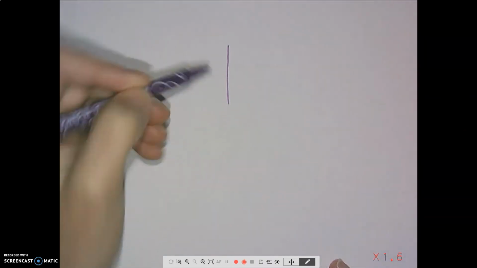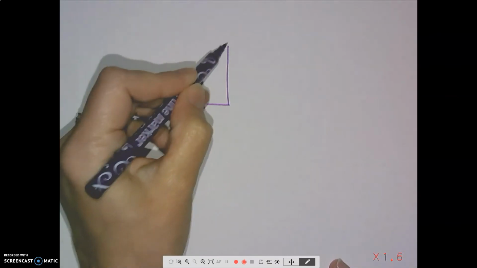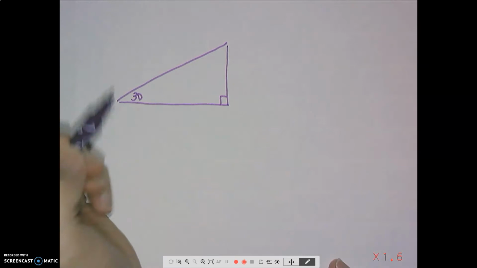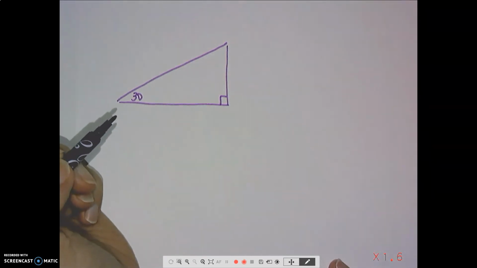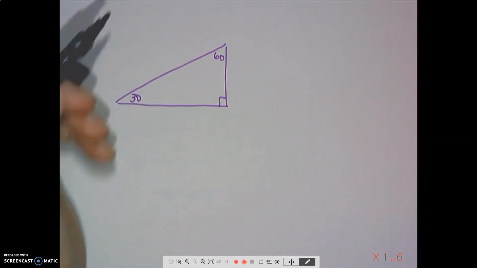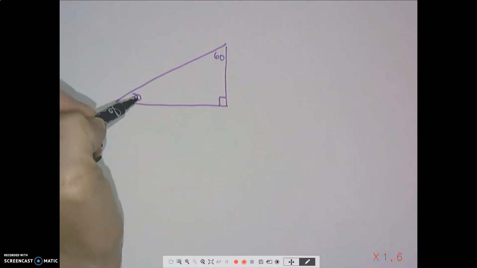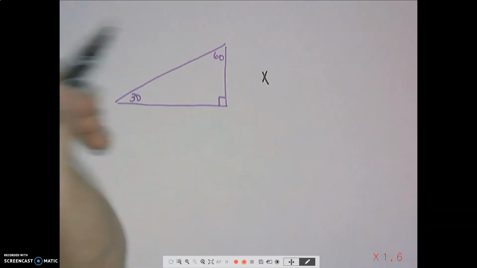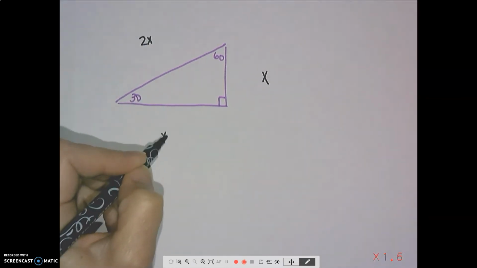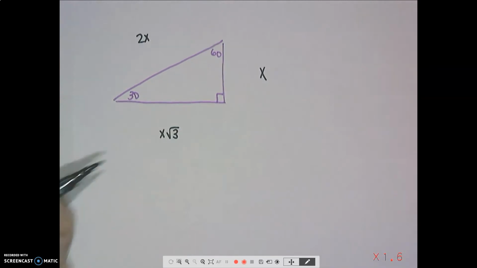And in order to do that, I'm actually going to draw in a bigger triangle for us to focus on. Okay, so we know that that's 30 degrees. We're dropping down a perpendicular to make a 30, 60, 90 triangle, which we've also seen in the past. So we have to remember what our rule is for 30, 60, 90. So the side across from the 30-degree angle is x. The hypotenuse is 2 times x, and then the longer leg, or the leg across from the 60-degree angle, is